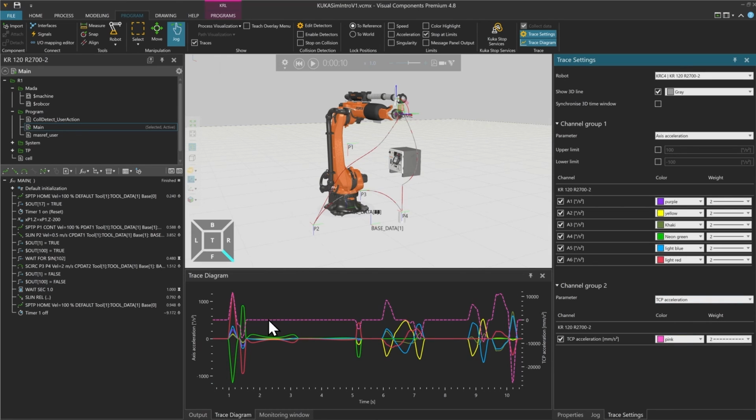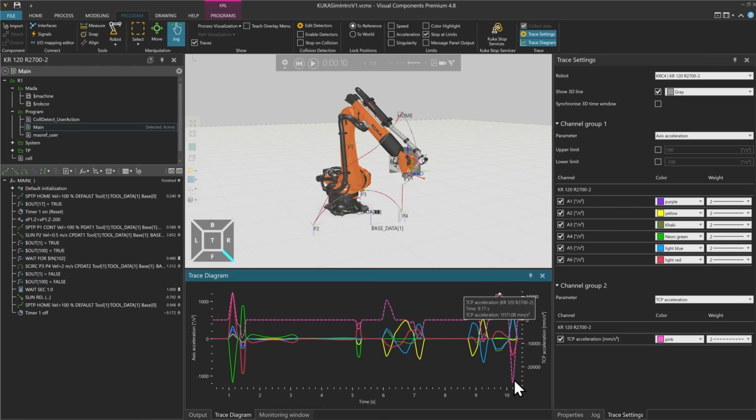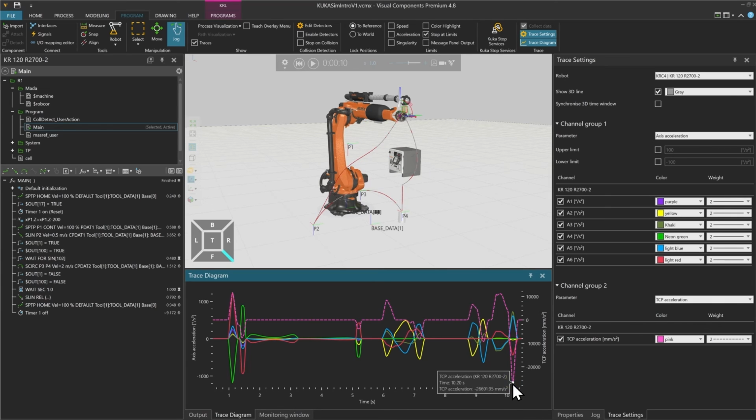And I can see that we don't have any acceleration here in the middle, it's 0, but we have some specific accelerations at the end, and it's braking at the end, so a deceleration before the home position. With that, I can now optimize my program.